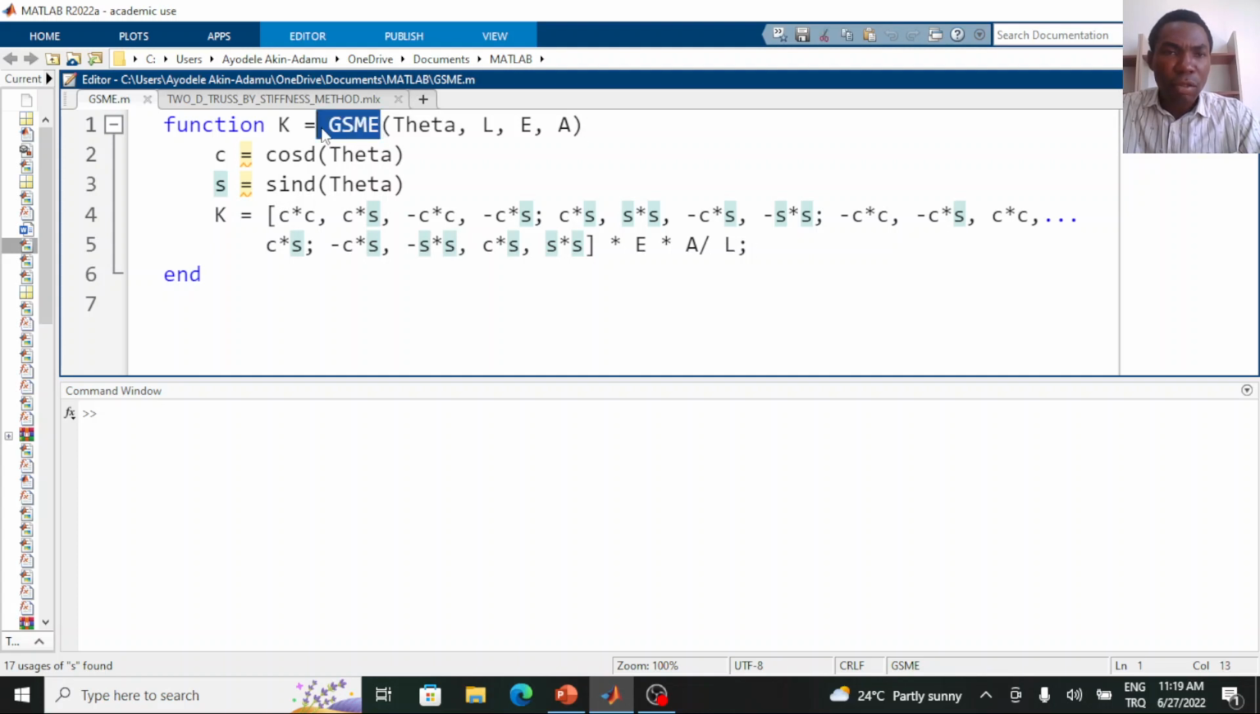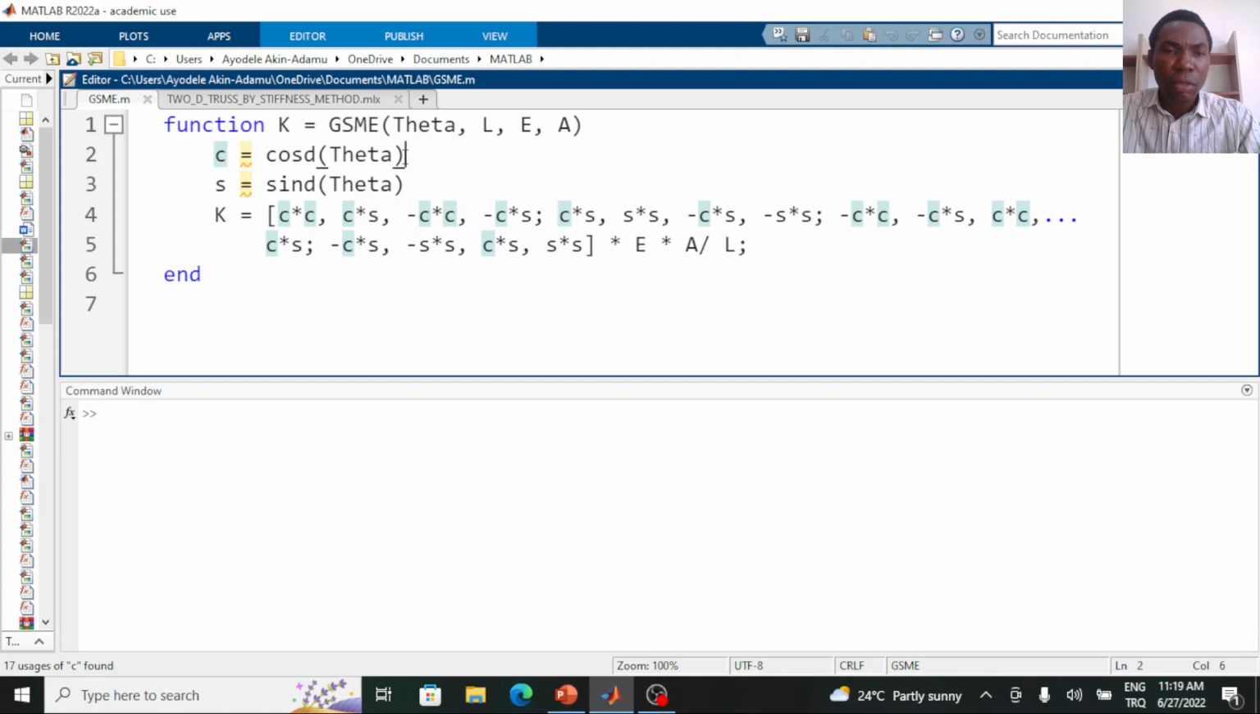So I define the function as GSM. Once I enter these four input variables: theta, that is the angle that defines my truss finite element; L is the length of my truss member element; E is the Young modulus; A is the area. So once I compute this,